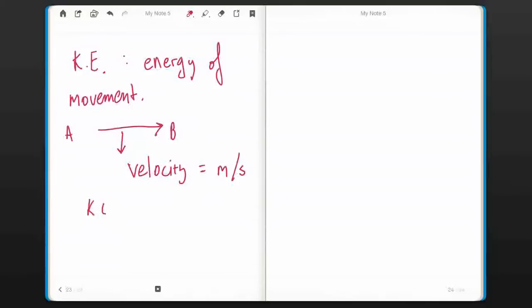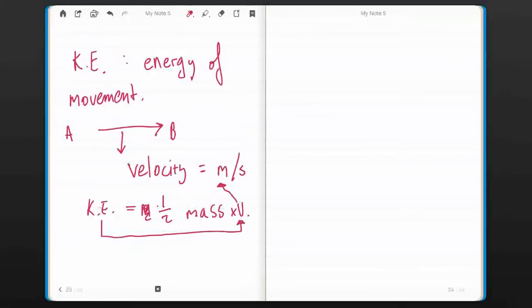Kinetic energy equals half mass times velocity. Velocity is meters per second, so how many meters it's traveling per second. The reason this is important is because kinetic energy is linked completely to that. So if that's 0, then the answer will be 0, because anything